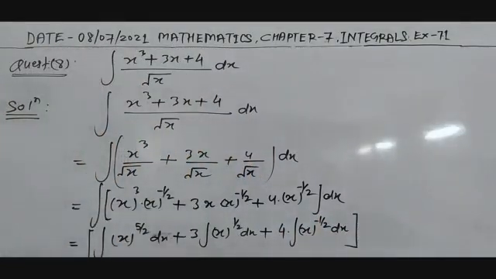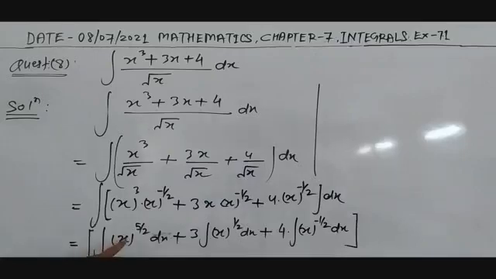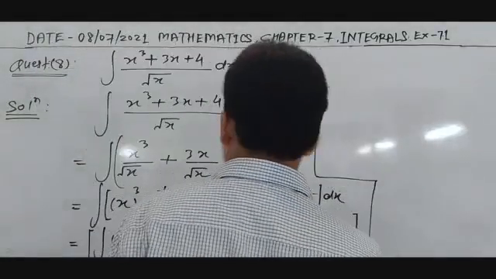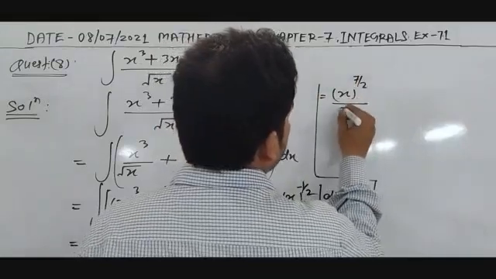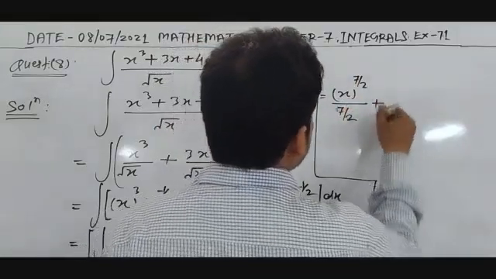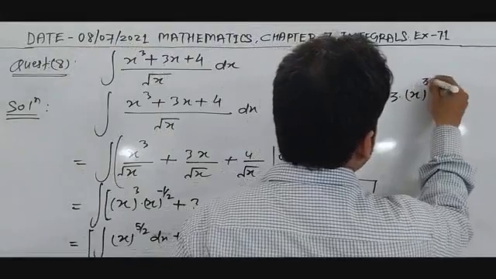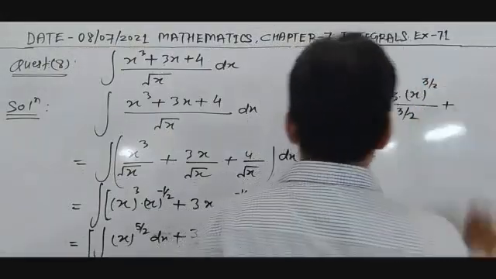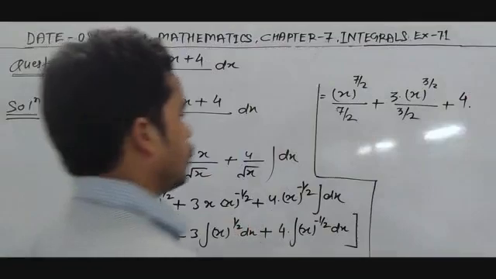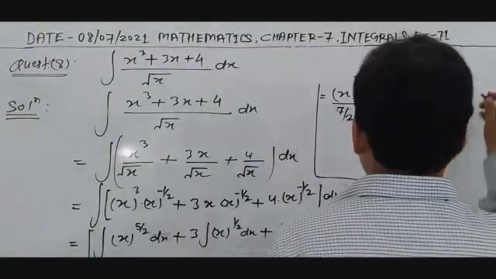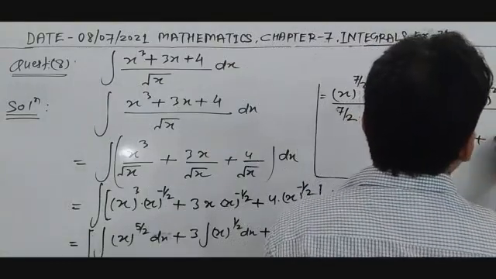So now calculate, the result will be x to the power 5/2 dx, result will be x to the power 5/2 plus 1, that is 7/2 whole upon 7/2, and next x to the power 1/2, result is 3 times x to the power 3/2 whole upon 3/2, and next plus x to the power minus 1/2, result is minus 1/2 plus 1 whole upon minus 1/2 plus 1, result is x to the power 1/2 whole upon 1/2, and next plus c.